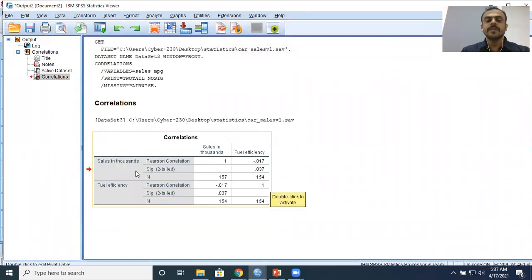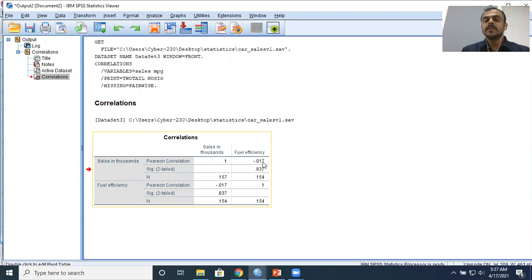Now, what you observe here is that SPSS quickly runs the Pearson's correlation and gives you the R value. Pearson's correlation value is reported as negative 0.017. So there's a negative relationship between mileage and sales.